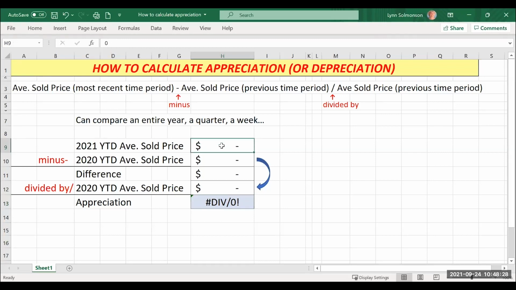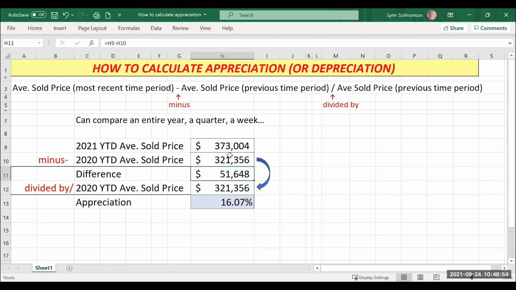So 2021 year to date was 373,004. Okay, minus average sold price previous time period. So 2020 year to date was 321,356.